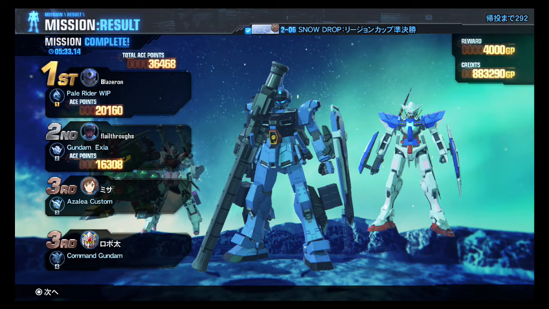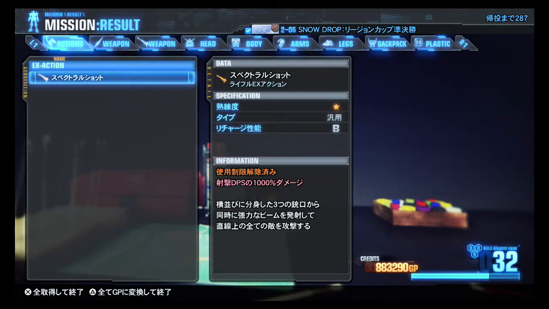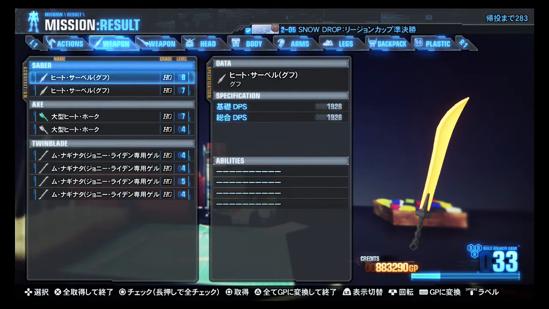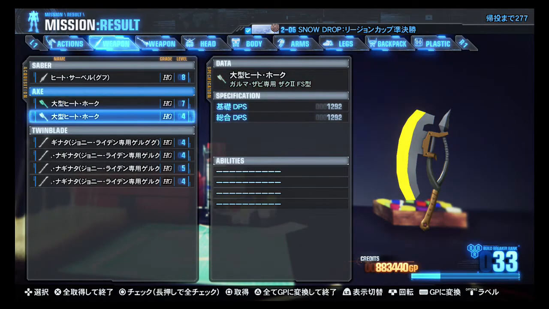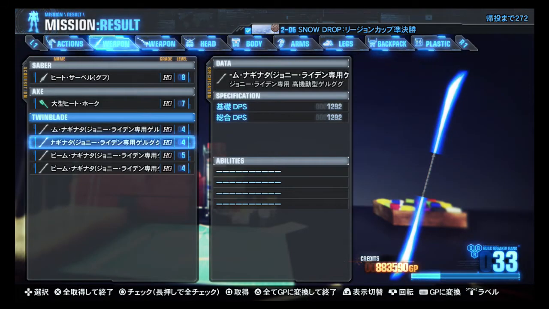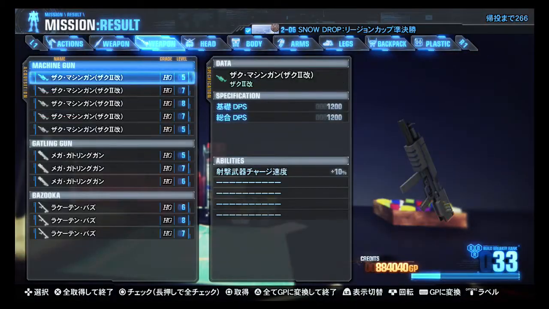Yeah, there's his... I think, yeah, he has a nuclear bazooka, I believe, on his Pale Rider. So, I mastered Spectral Shot. I can now use that with any equipment. 2 Goof Heat Sabers. One is level 8. I'll keep that. 1 level 7 Giant Heat Hawk, which I think gets health back when you take parts off. 4 Johnny Raiden Beam Naginatas, and I'm only going to keep the highest level 1, because, again, just managing all this, man. Gonna keep the level 8 standard Zaku...